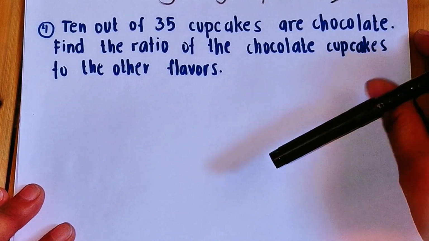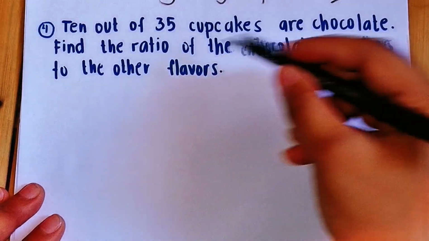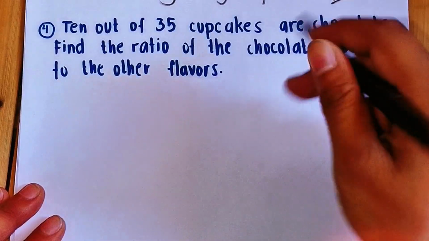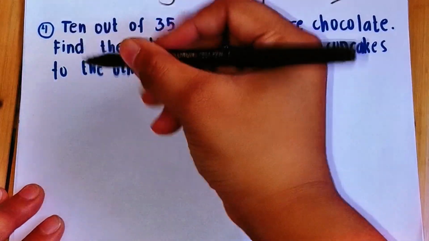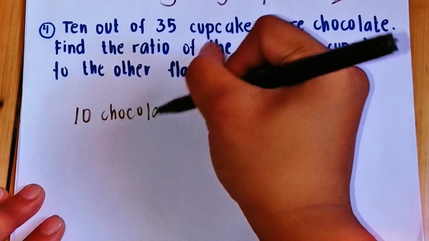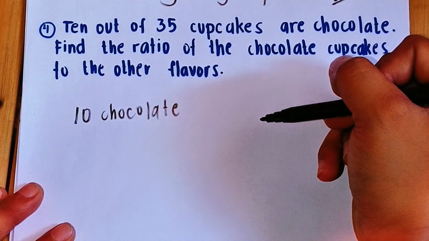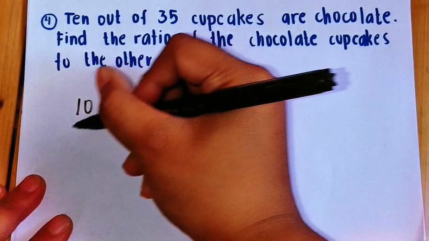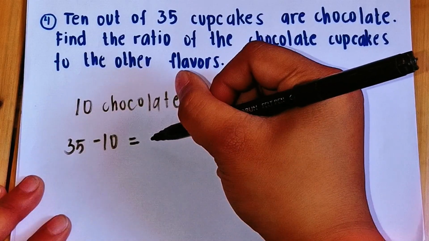Number 4 example is 10 out of 35 cupcakes are chocolate. Find the ratio of the chocolate cupcakes to the other flavors. So meaning to say, we have 10 chocolate cupcakes. And the rest will be different flavors or other flavors. So we need to subtract 10 chocolate from 35. So we have